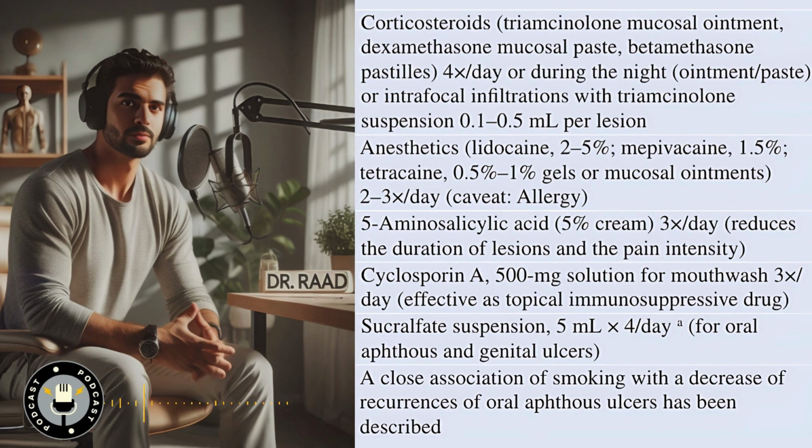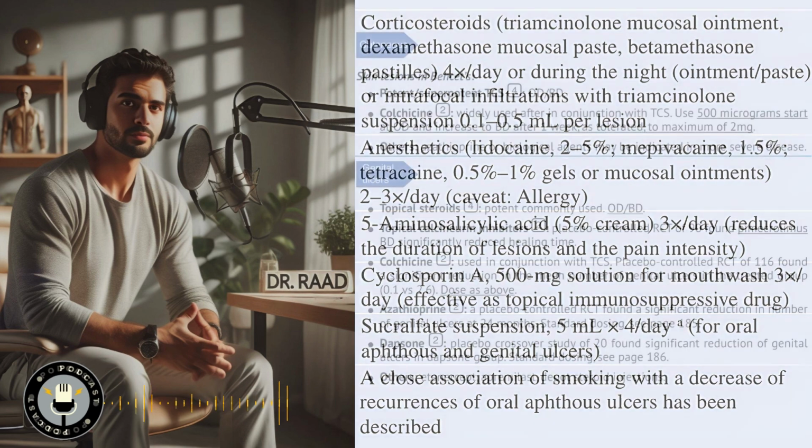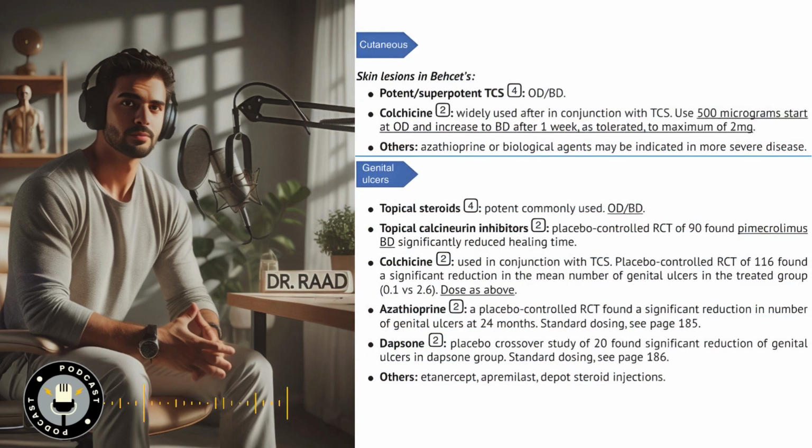Dietary measures. Adopting a mild diet and avoiding hard, spicy, or salty foods, and even certain mouthwashes and toothpastes can reduce irritation. For cutaneous and genital lesions, topical corticosteroids, TCS, potent or superpotent TCS, applied once daily or twice daily, are essential. Colchicine, often used in conjunction with TCS. Start at 500 micrograms once daily, increasing to twice daily after 1 week, as tolerated, up to a maximum of